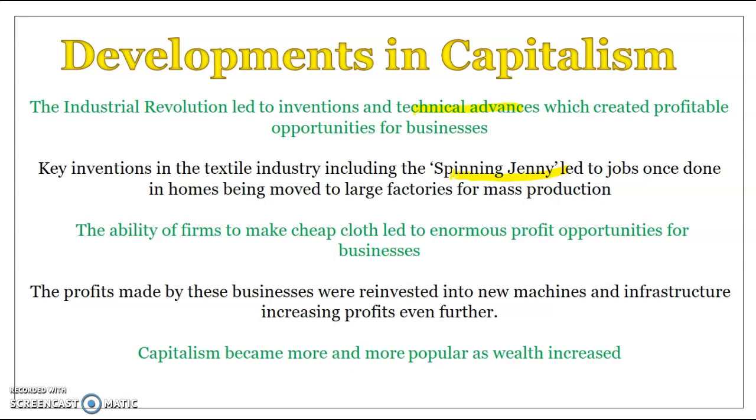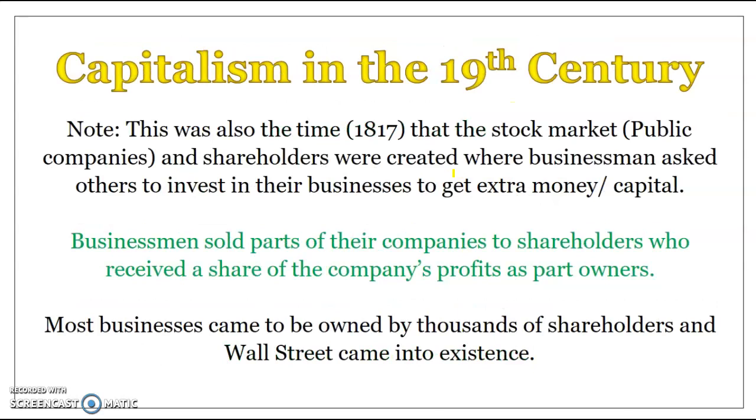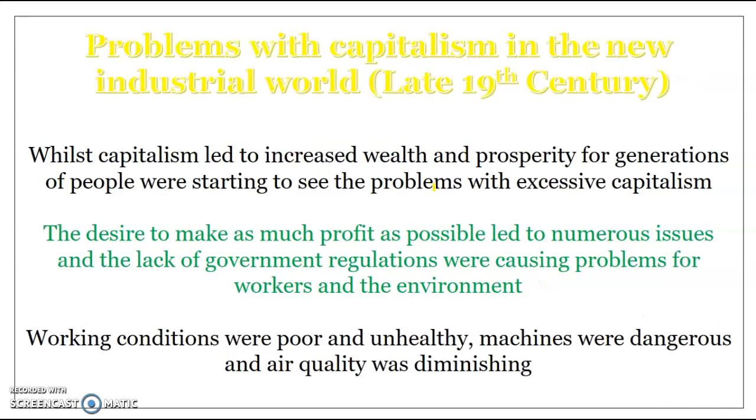Businesses also reinvested in new machines and infrastructure, which allowed them to increase their profits. So capitalism allowed people to become very wealthy following the Industrial Revolution. This was also the time the stock market was created. So people would invest in other companies, which allowed them to grow and become bigger because they'd get access to funds not just by borrowing, but also by allowing other people to invest in their companies. So businesses sold parts of their companies to shareholders, and everyone who was a shareholder made money if that company did well. We'll talk about problems with capitalism in the next